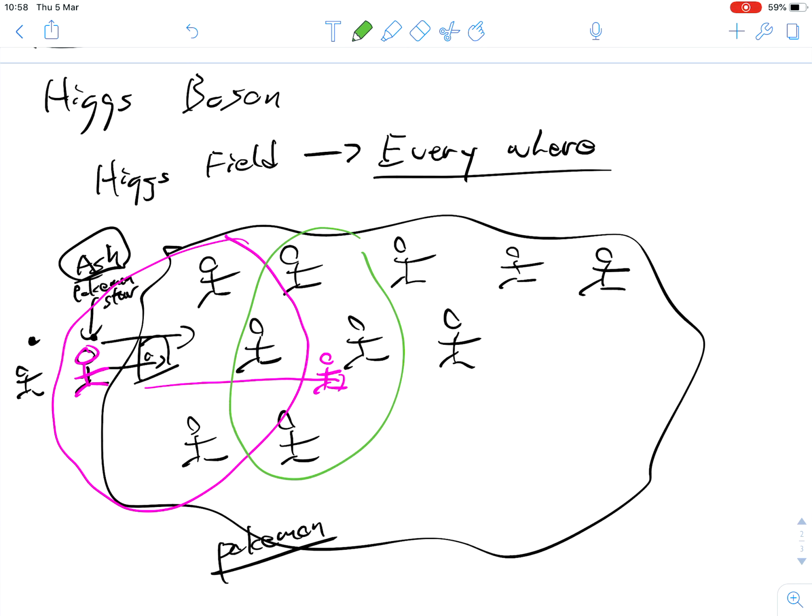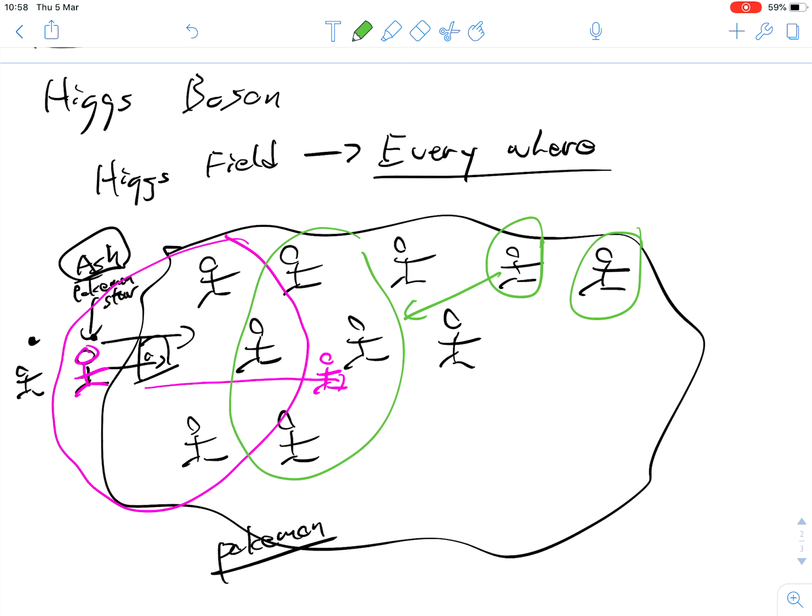Okay, so when somebody really, really popular, the superstar Pokemon player, enters the room, all these people are going to crowd around him, okay? But they can't all crowd around him at the same time because there are some physical limitations, right? For example, this guy over here can maybe see him, take a photo, but he can't get close enough to get a selfie. So he's interacting, but not completely, okay? Whereas other people in the room may not even know, because of all the other people who are blocking, they don't know what's going on, okay?